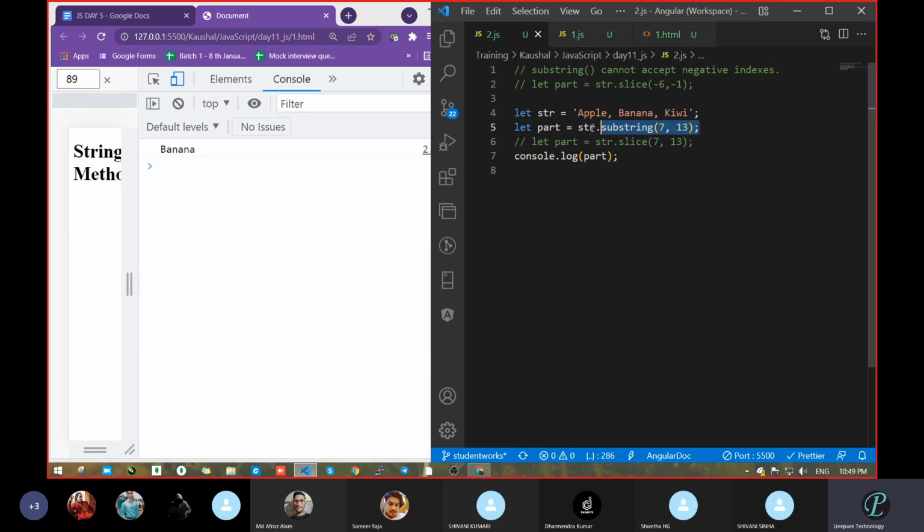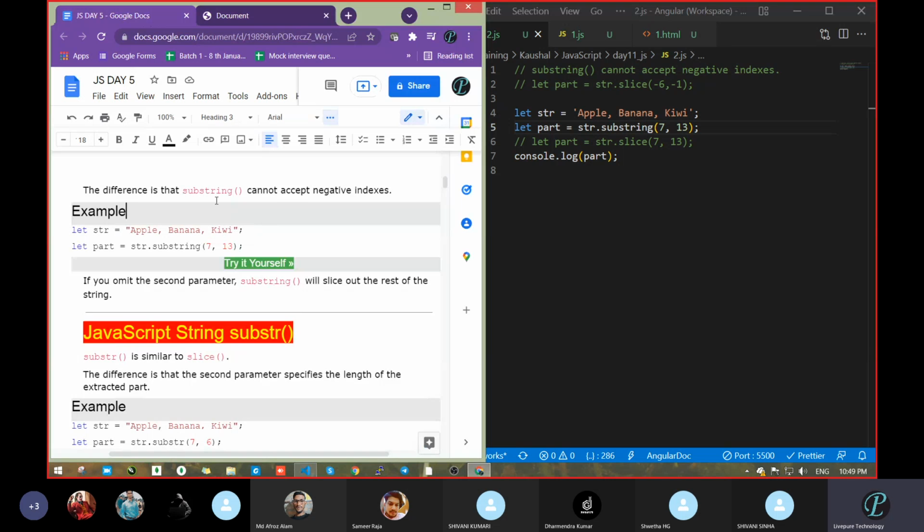It also creates a new string after extracting the value and passing it to some variable, and it returns the new extracted value. Correct? Same thing. But now come to the negative scenario. The case is this one. Negative cannot accept negative indexes.